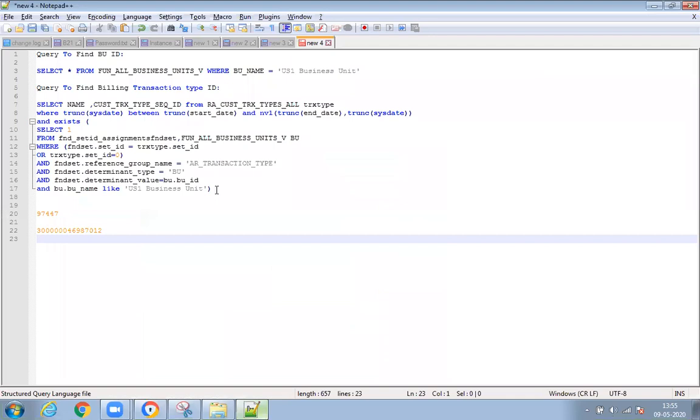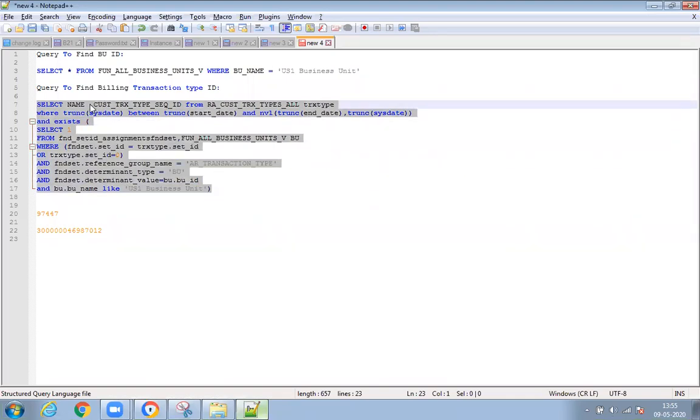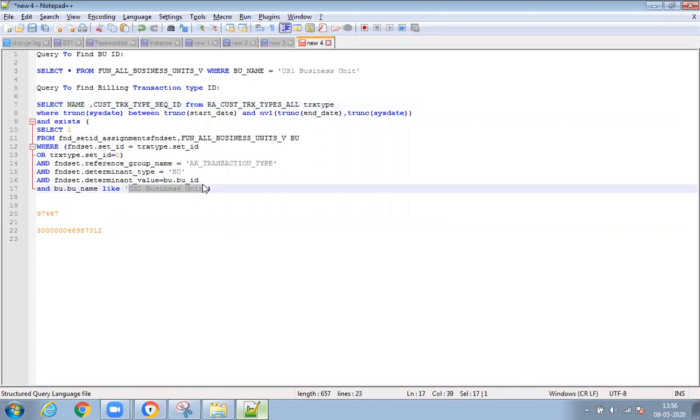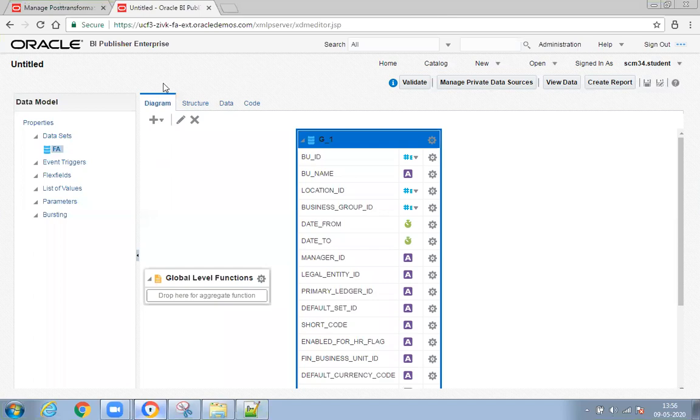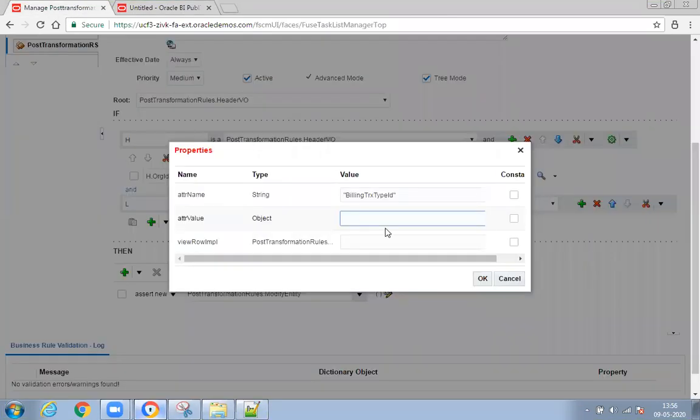okay. So this is the query you can use, and here you will get your name as well as, for your BU, whatever AR transaction types you defined, you will get name and corresponding ID. This is the ID we have to populate. So let me populate 34 for invoice, and you can update L dot which Vivo you want to update. I gave alias name as L only, right? Here only for fulfillment line, I'm updating. Click on OK.